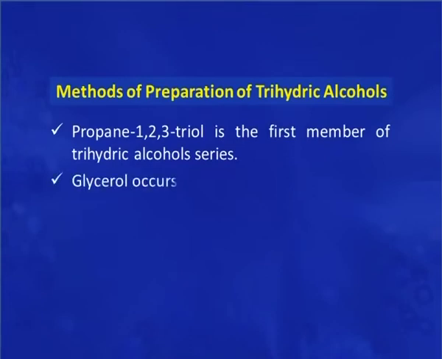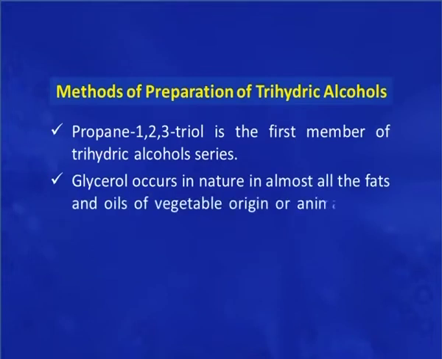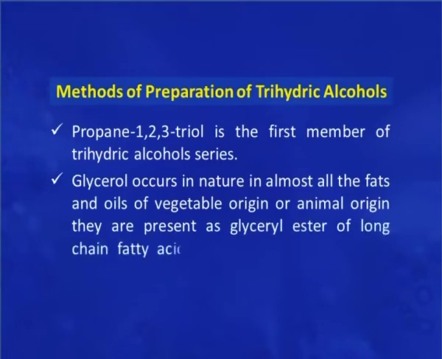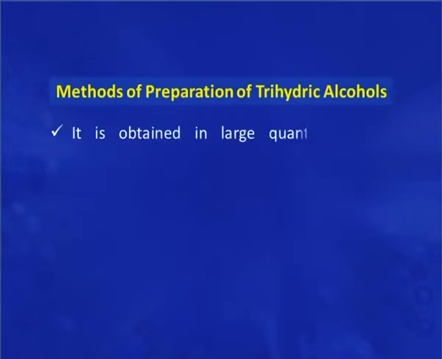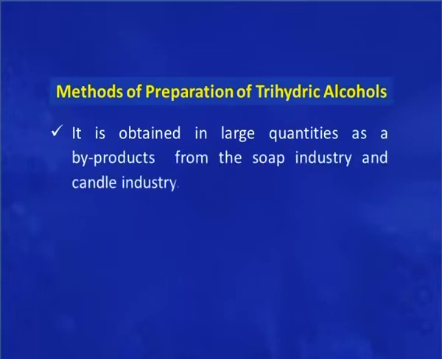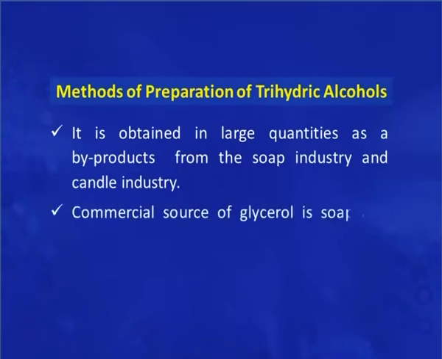Glycerol occurs in nature in almost all the fats and oils of vegetable or animal origin. They are present as glyceryl esters of long chain fatty acids like palmitic acid, stearic acid, and oleic acid. It is obtained in large quantities as a byproduct from the soap industry and candle industry, and that is why we can also say that the commercial source of glycerol is the soap and candle industry. We will now discuss the preparation of glycerol